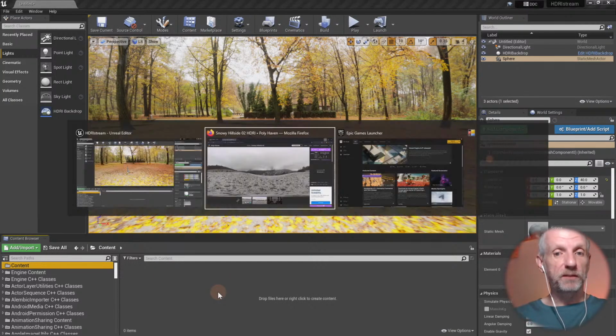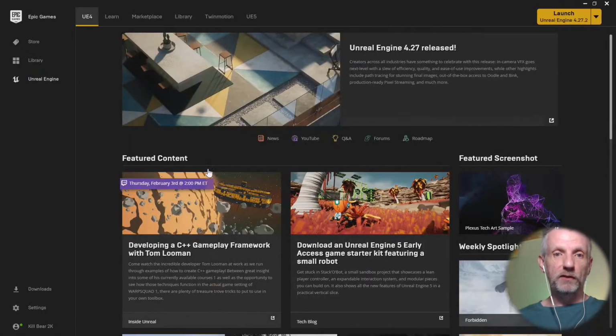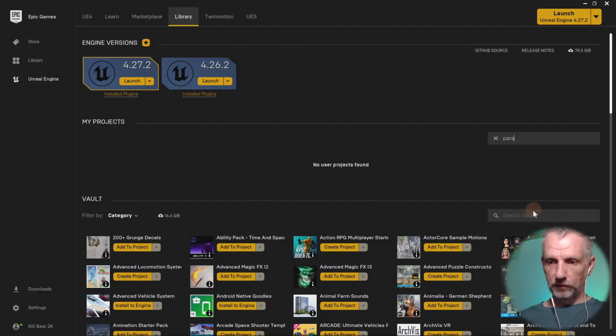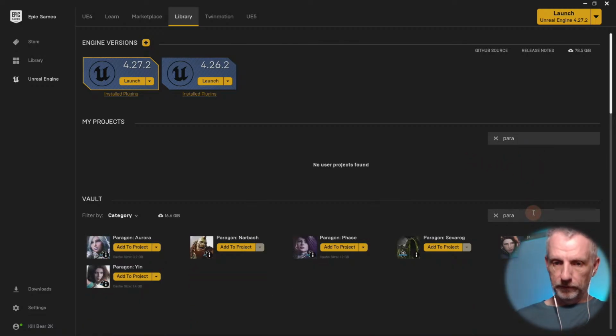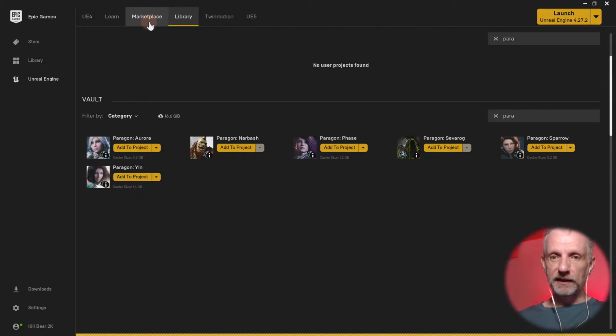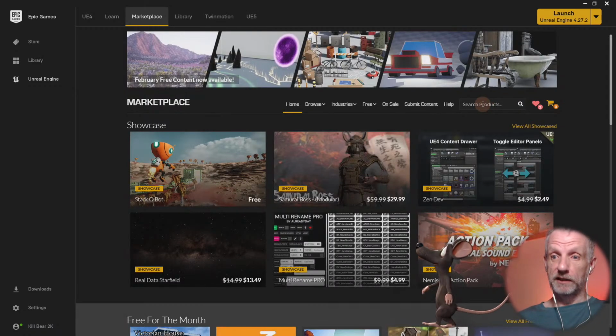We can either try Sparrow again, or we can try a different one that I may or may not have downloaded here. Paragon. This is Sparrow. We had Sparrow before. I've got Sevarog and I've got Phase, Narbash, Aurora, Yin, or we can have a look on the marketplace and see which other Paragon character we want to use. I mean, since they are completely free,